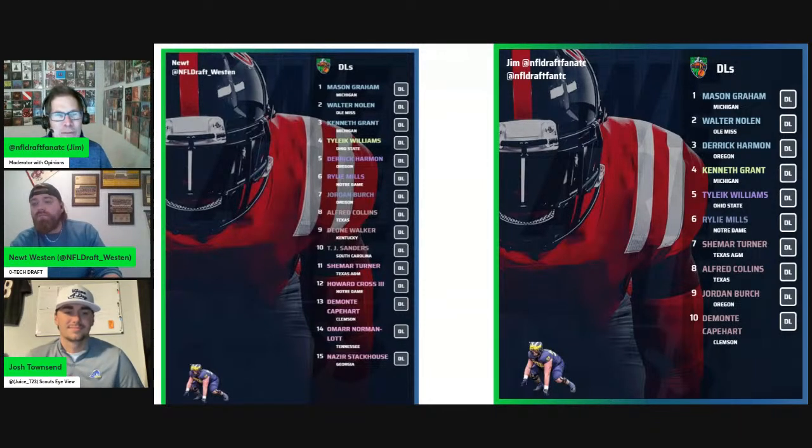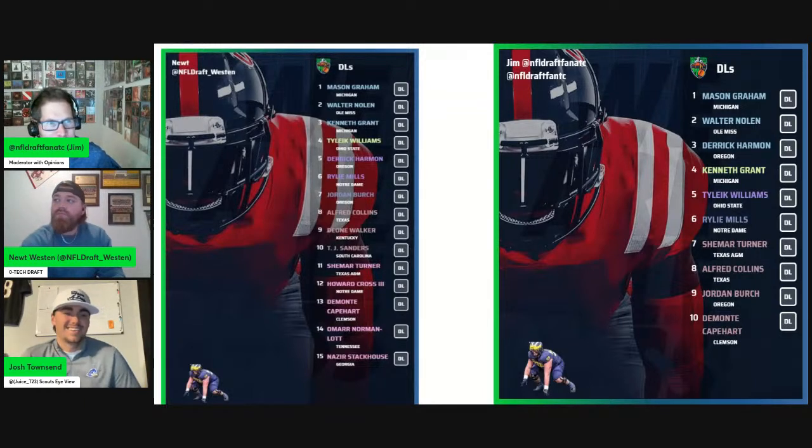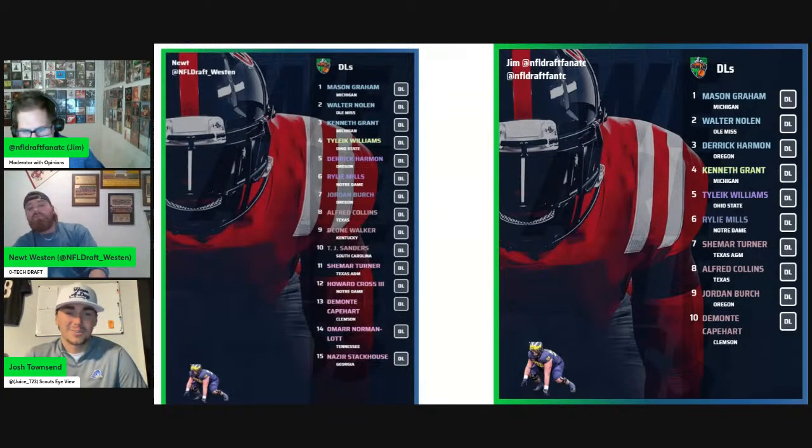Those are some of the things as you're looking at a defensive line big board. Maybe we could kick this off with, Josh, you want to talk about Mason Graham and then kick that off to Newton. While we're doing that, I'm going to try to throw your graphic onto the screen. I got you. Yeah, let's go over the defensive line one in this draft class.